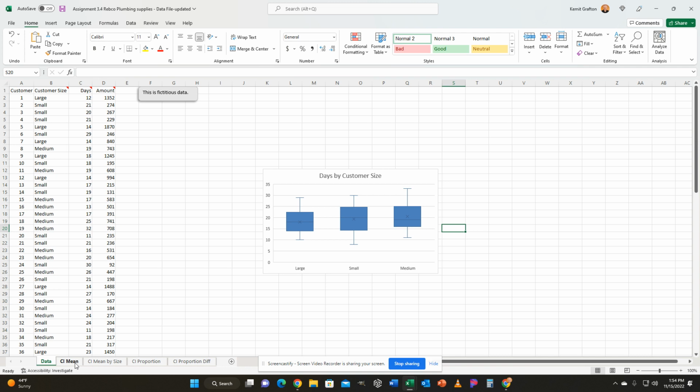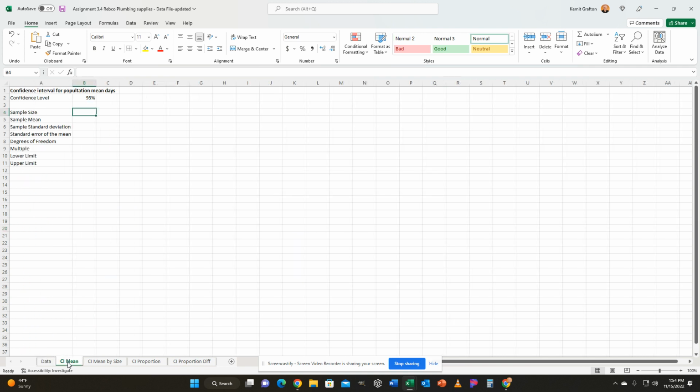So across the bottom, in the spreadsheet that I created for you to download, I put tabs that will answer each of the questions, and we'll start with the confidence interval for a mean. So this is for a population mean. I put the confidence interval as 95%. So the first thing we want to look at is a sample size. So it's equal, we're going to count,